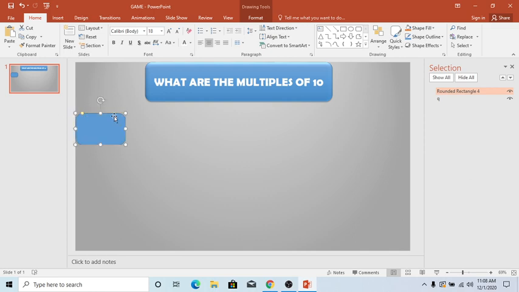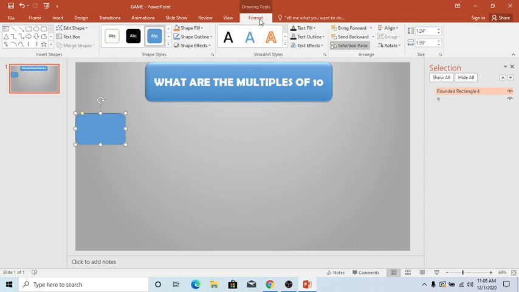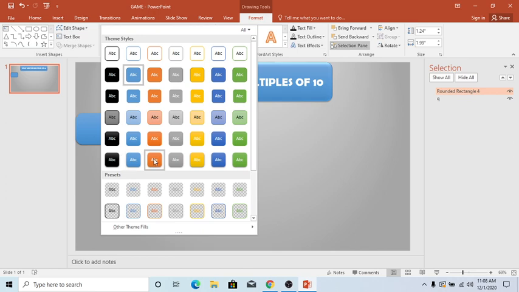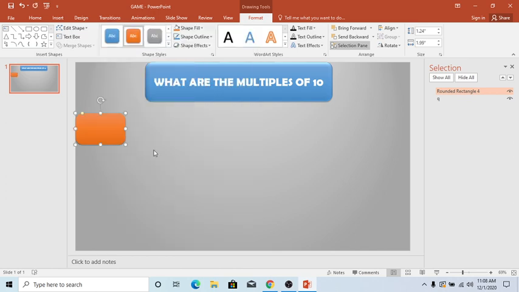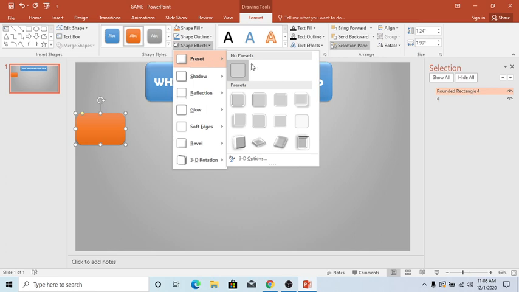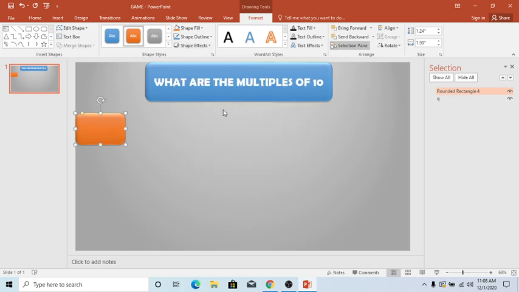Now I have to go to format, click on styles, and here I can click on any theme or any style, and see we can change the color. Now we go to shape effects, go to preset, click on the second button,